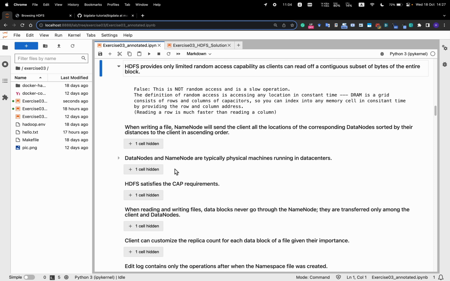But didn't you say that underneath everything is like a normal file system? Technically it's DRAM, it's a random access. So if the file is cached in memory, then I think technically you can say it's random access, but typically files are on disk. If it's on disk, then you need to move the mechanical heads and do a sequential scan of the sectors.